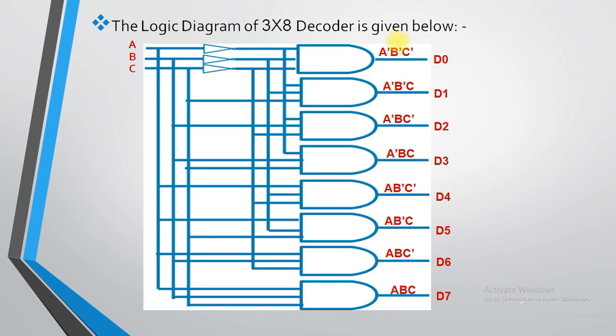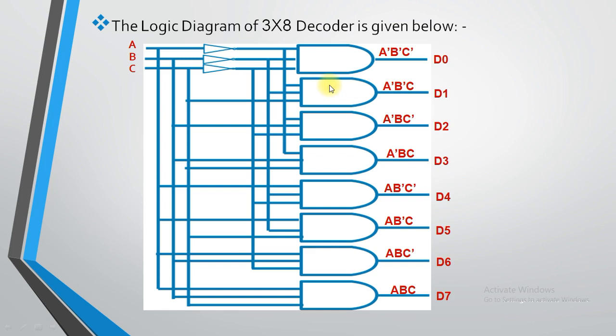Now what you need to do for the first input, we need to pass the complement of each value. So to pass the complement of each value, we need to use an inverter over here. So all the 3 cables go into the first AND gate. Now what is our next requirement? A dash, B dash, C. That is our next requirement, no? So what we need to do? We need to take a cable from A dash and pass it to the second AND gate.